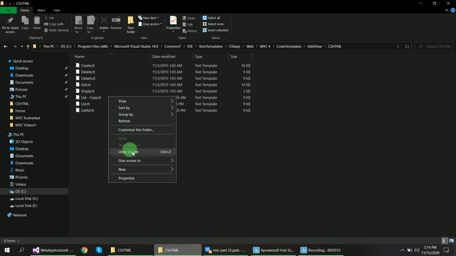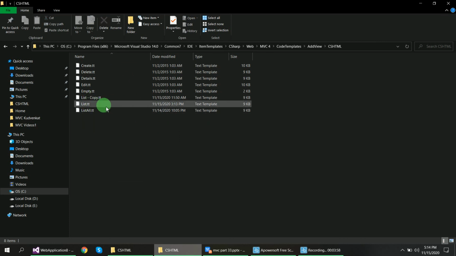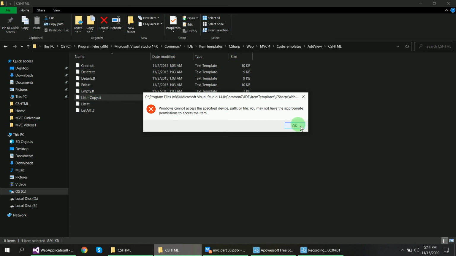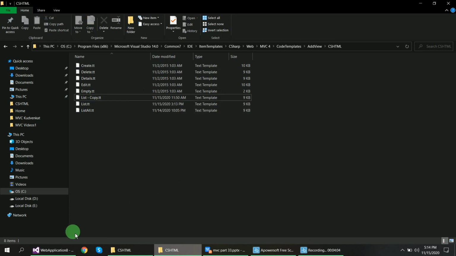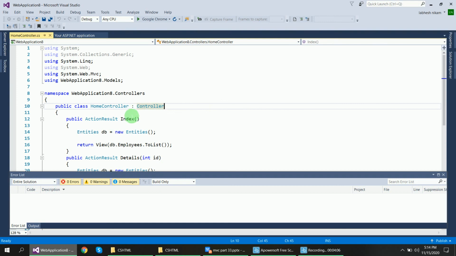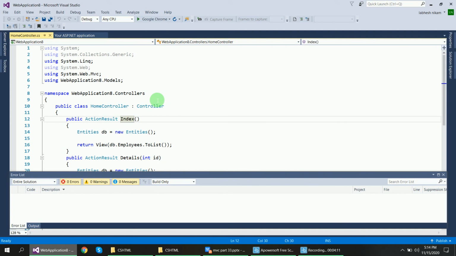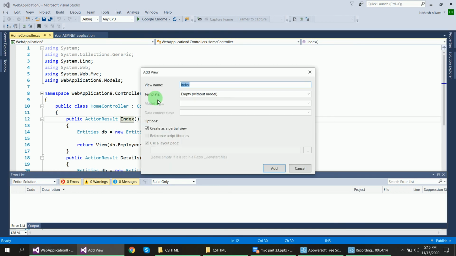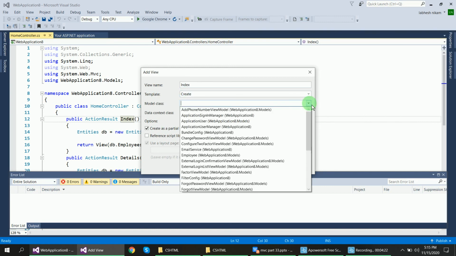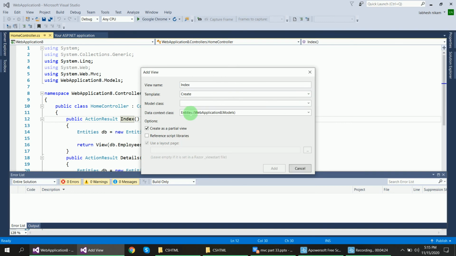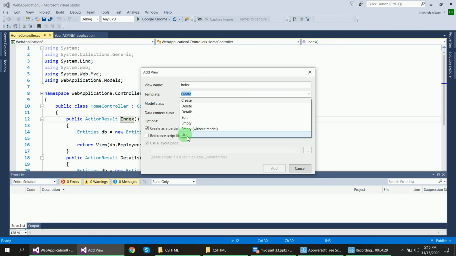Now, if you want to change something in the templates, when you right click on the method and add a view, you can see these templates: create, delete, details, edit, empty, and list.